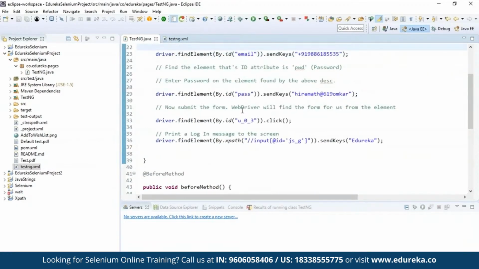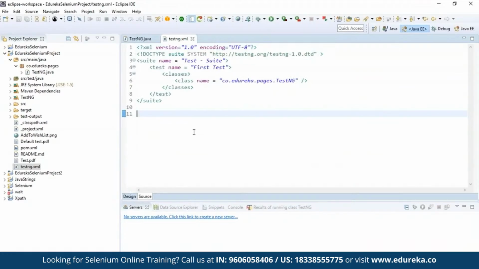And now let's see the testng.xml file. So this is the testng.xml file. I will tell you what are the important things that you need to focus on. First, the test name I can give as whatever. So that is first test and the suite name will be test suite. Okay. And inside the classes, I have given my class name as the package name, that is this one, that is